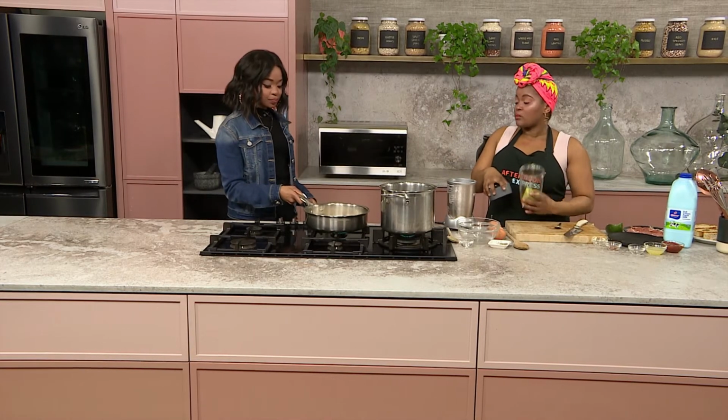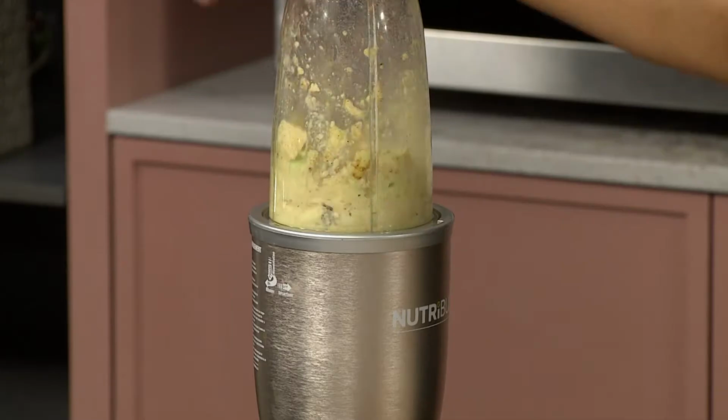Okay. So to start it off, I'm not going to add the milk just yet because we want the milk to actually thin it out. So we're going to start. It's going to be a nice thick paste. That's fine. Let me just...